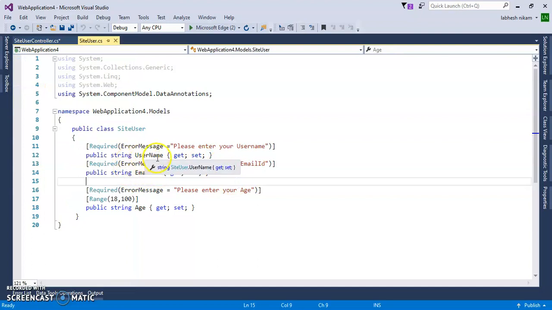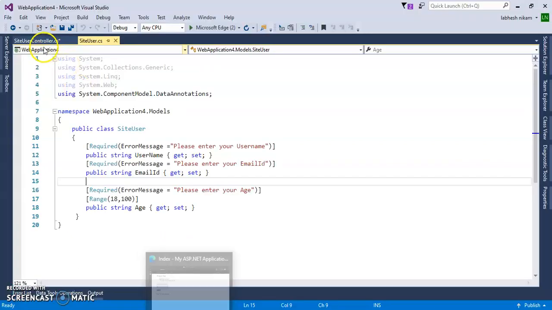I have given validation attributes here using the namespace System.ComponentModel.DataAnnotations. There is a Required attribute for all the properties, and for age I am using the Range attribute between 18 and 100. If less than 18, it will give us an error. If more than 100, it will give us an error. Now the validation summary will collect all the errors in one place and display them on the page.